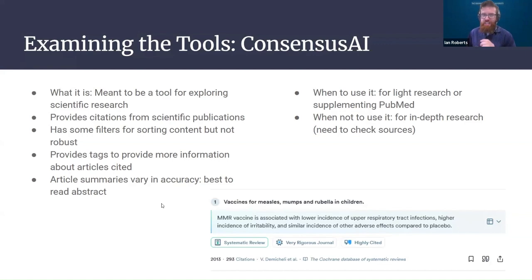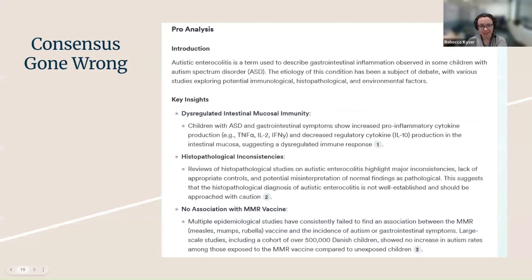So where it is not so good is in-depth research, and I'll turn it over to Rebecca for that. Yes. One thing I usually do with tools that talk about scientific literature is check for retracted articles and how they report on them. I'm sure a lot of you recognize this very famous retracted article. It is the study that purported a link between MMR vaccines and autism by Andrew Wakefield, who would later lose his medical license for fraud, and this study would be pretty widely retracted.